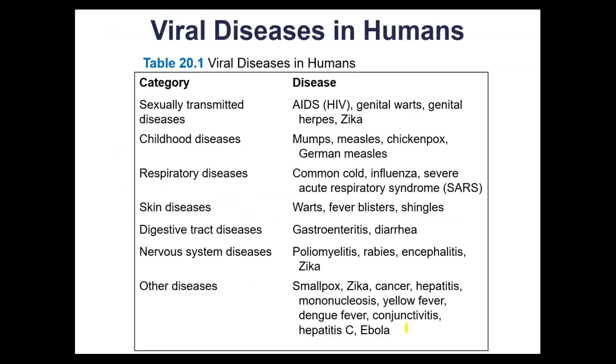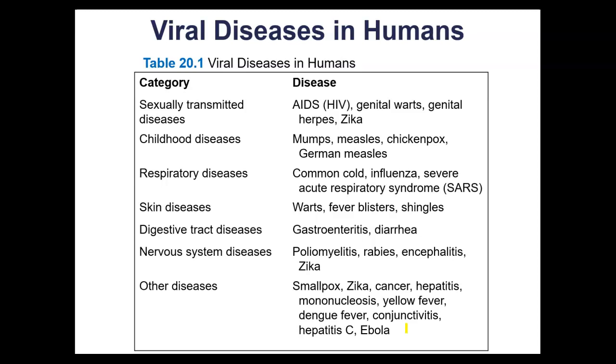Now, this is a listing of some of the more common viral diseases in humans. For the sexually transmitted diseases, or STDs, we have AIDS, genital warts, genital herpes, Zika. Childhood diseases, we have mumps, measles, chickenpox, German measles. For respiratory diseases, we have the common cold, influenza or the flu, SARS, severe acute respiratory syndrome, and then we have skin diseases like warts,